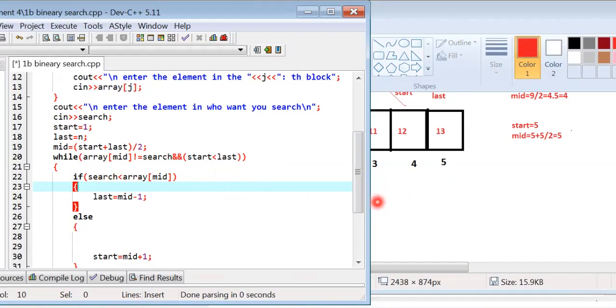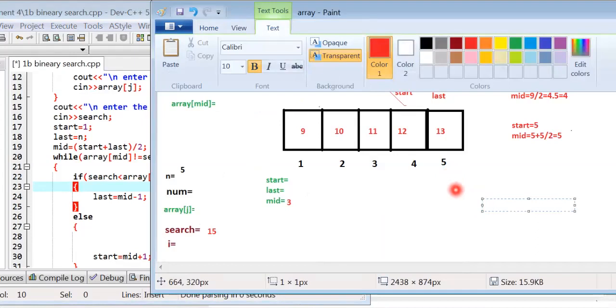Start is less than last: the value of start is 5 and the value of last is 5.